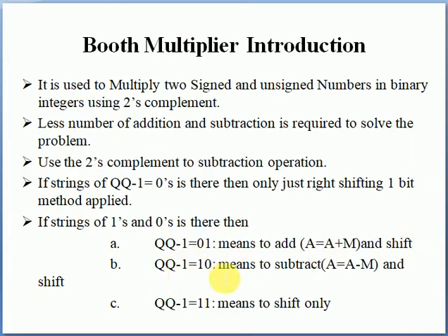If q0 q minus 1 is 1 0, then you have to subtract. Okay, change the value of accumulator A to A minus M and take the right shift. If suppose q0 q minus 1 is 1 1 or 0 0, then you only have to apply the right shift operation. Okay,